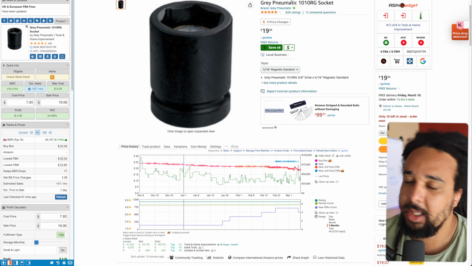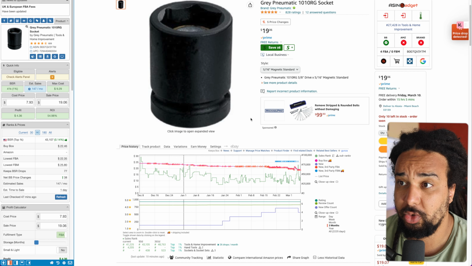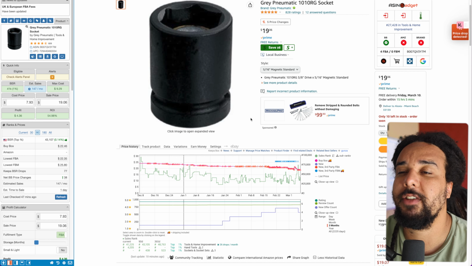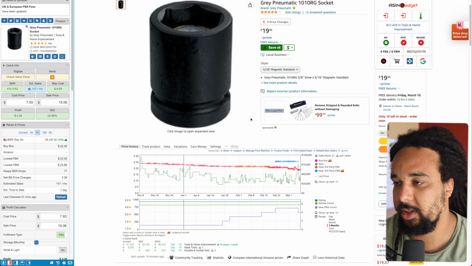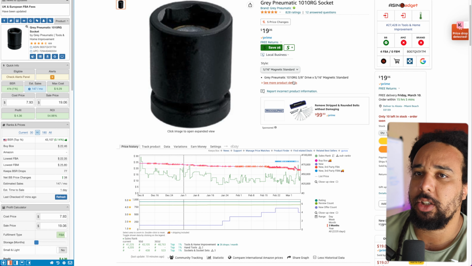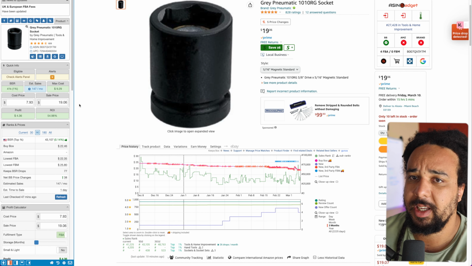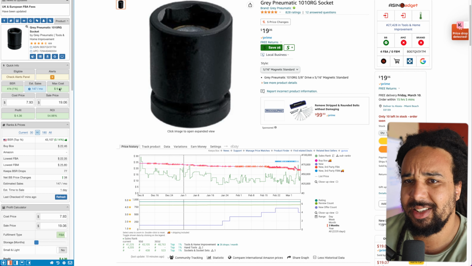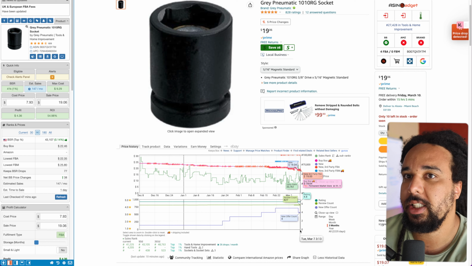The second mistake is not going back enough on the price chart, on the Keepa graph, not going back in time enough to be able to really forecast the demand, really forecast what the price may look like, right? Same thing, look at this product. It's pretty good. It's 54% return on investment. The rank is all right, selling 147 a month. It's okay. It's not a great lead.